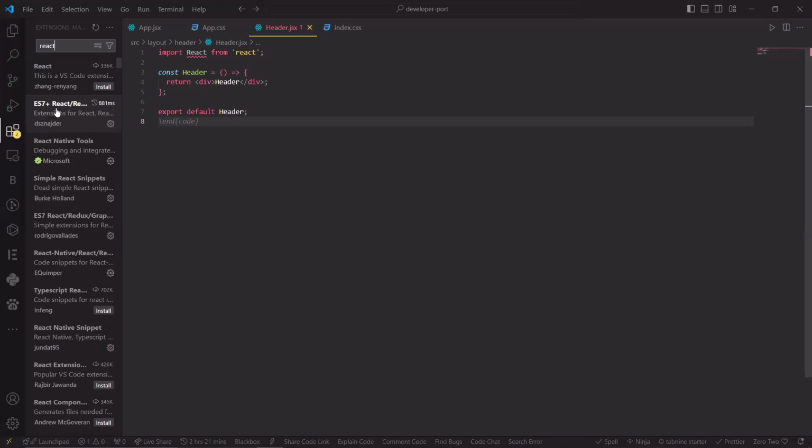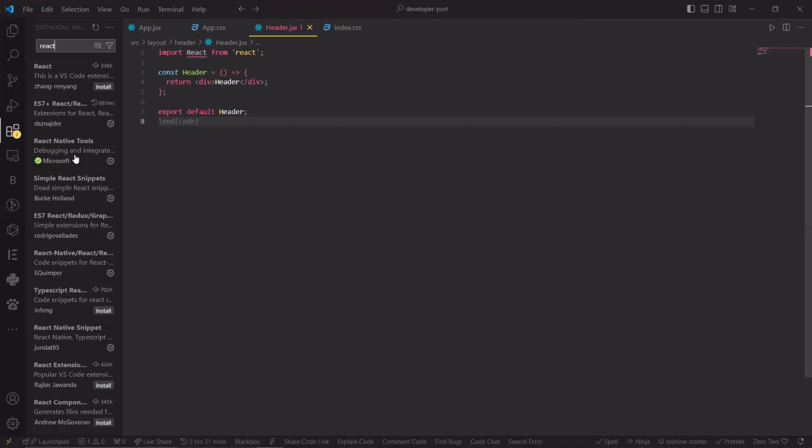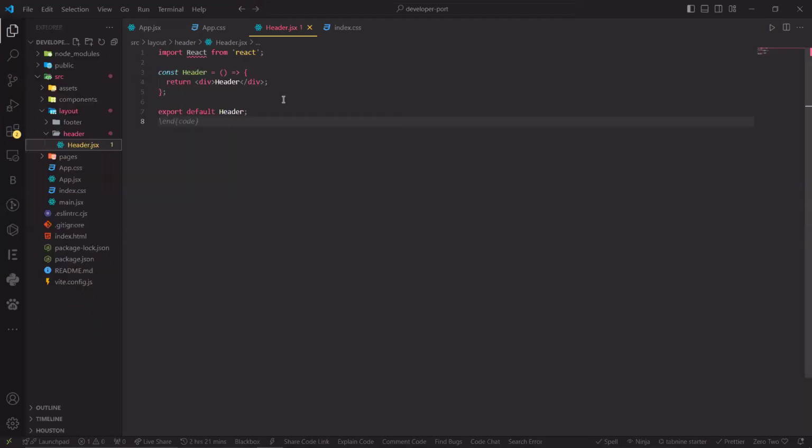Yes, look at it here. ES7 plus. So this particular extension is responsible for this snippet here. Do you understand? So if you go to your extension, you can just type in this and you get that. So now that we have our stuff, let's